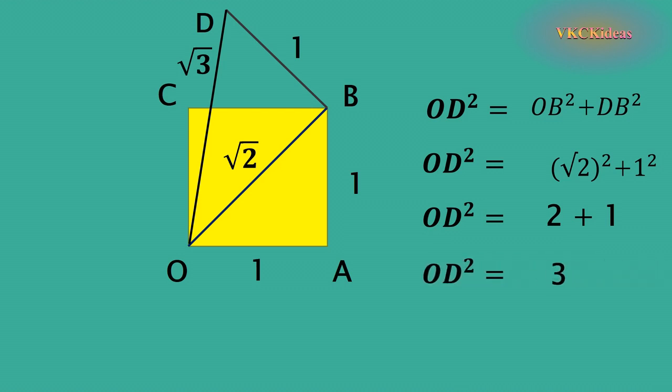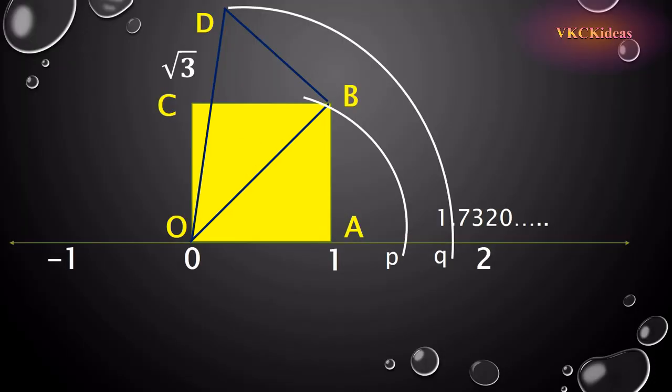OD square is 3. Take square root on both sides. Square root and square cancel. OD is equal to root 3. So shift the same system onto the number line and locate root 3 as we did for root 2. Let us see that. You have to practice this with a paper and pencil and compass and all. First you draw a number line, take some position, name it as O, take 1 unit from there, name it as A, and construct a square there. Or a triangle is also enough.